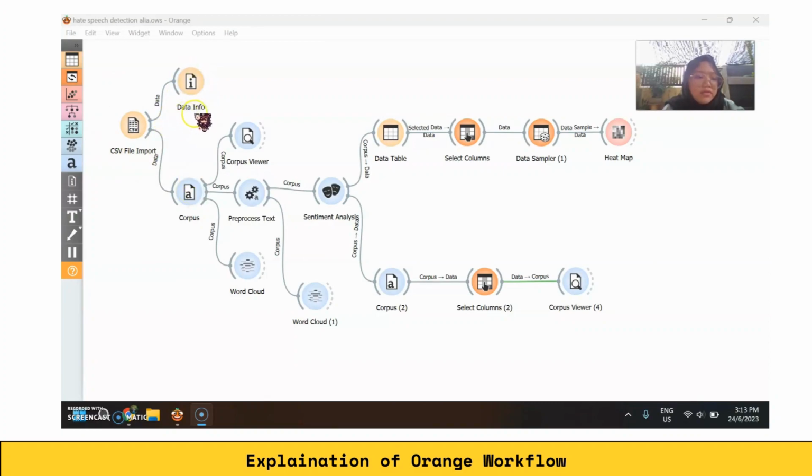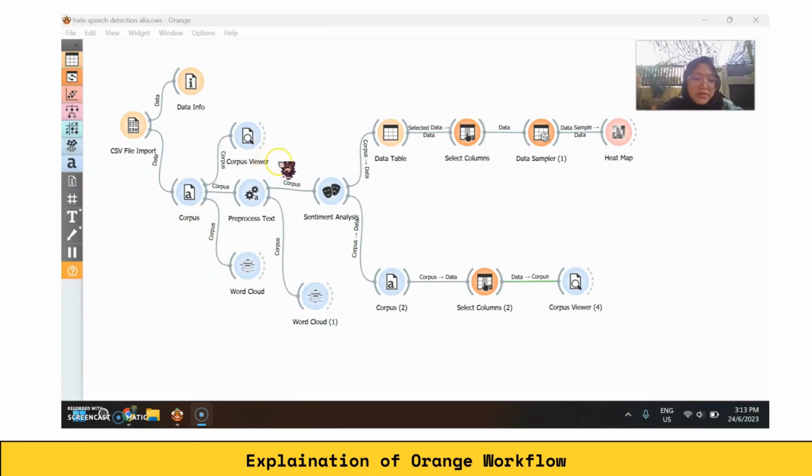Data info is used to display information of the raw dataset. And corpus is for loading a corpus of text documents tagged with categories, or changing the data input signal to the corpus. And then we connect into three parts. 1, 2, 3. Firstly is the corpus viewer.